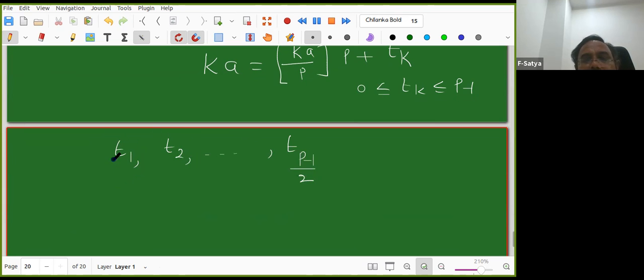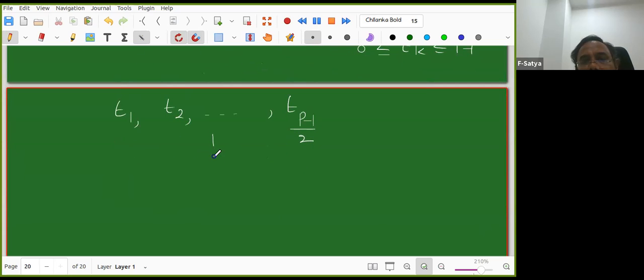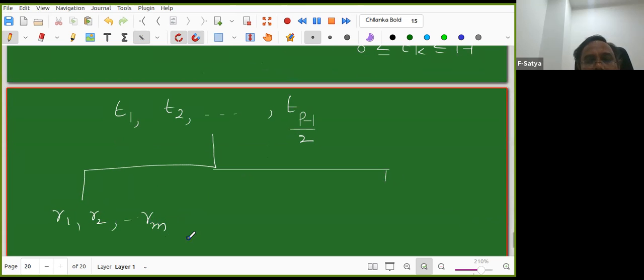What are all these things? These are the remainders when I divide ka, that is a, 2a, 3a, like that. Okay, good. Now you know that some of them are greater than P by 2 and some of them are less than P by 2. So let us suppose that R_1, R_2, and so on, R_m are less than P by 2. In these remainders you observed that, so many examples I gave. Some remainders are less than P by 2, some are greater than P by 2. Now I'm calling them S_1, S_2, and so on, S_n.